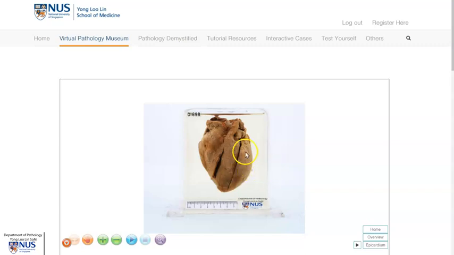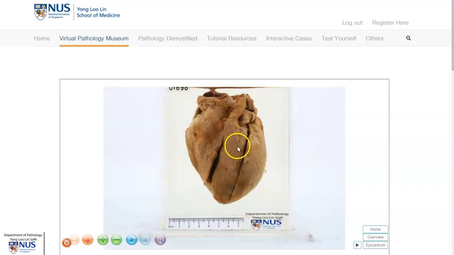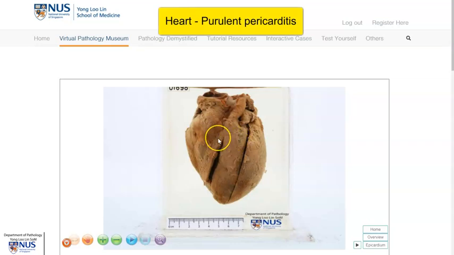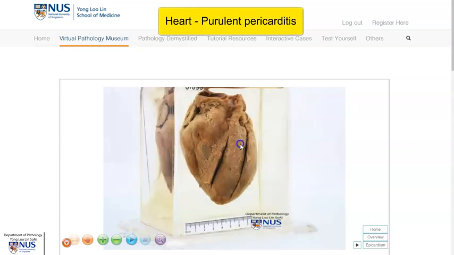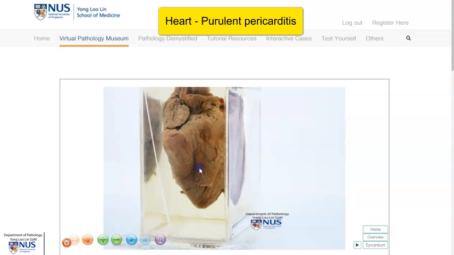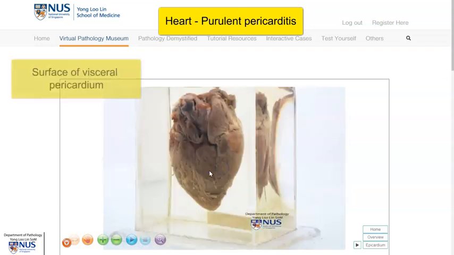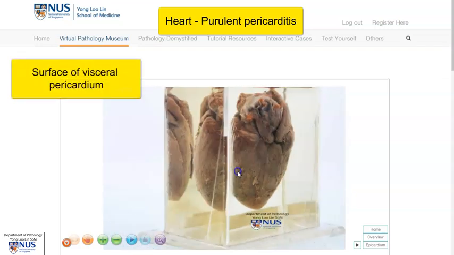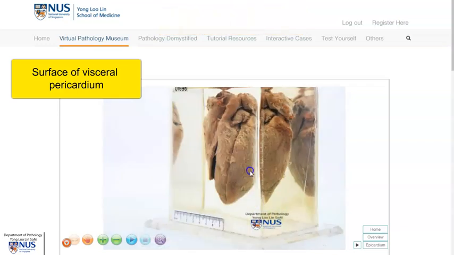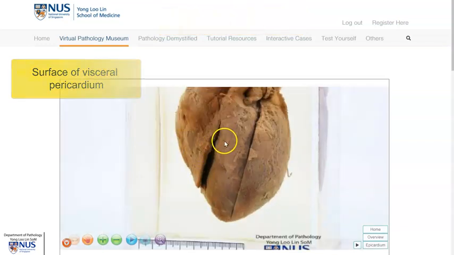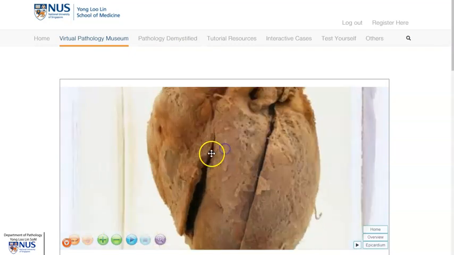Hello, this is a virtual pathology specimen of a case of purulent pericarditis. We are looking at a virtual specimen of the heart, and what we are looking at is the surface of the visceral pericardium. And let's have a closer look. We can see that there is a thick yellowish exudate on the visceral pericardium, and this exudate is actually within